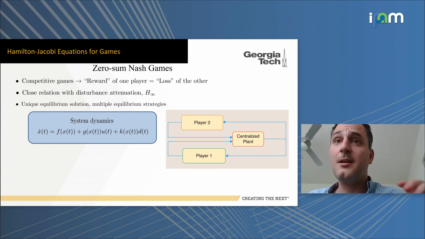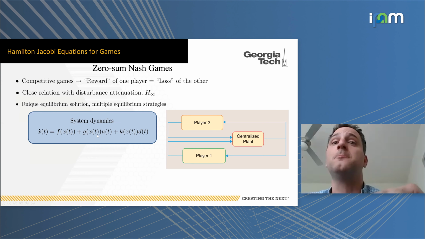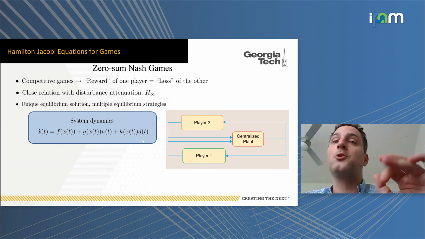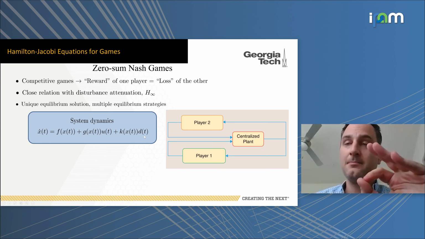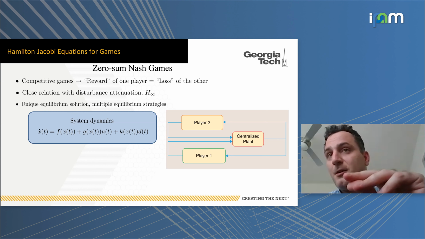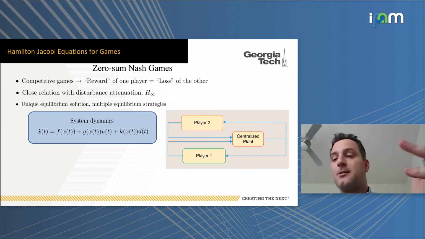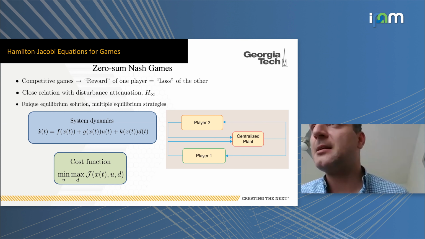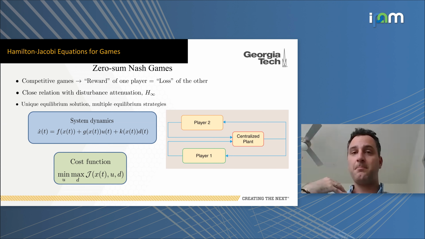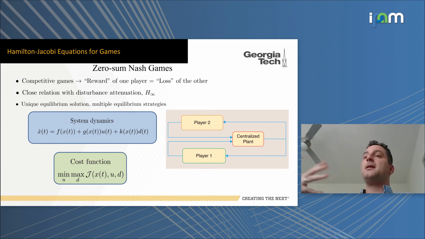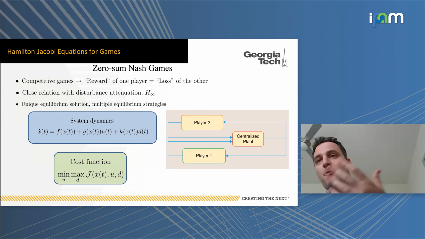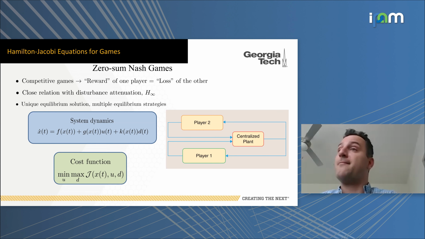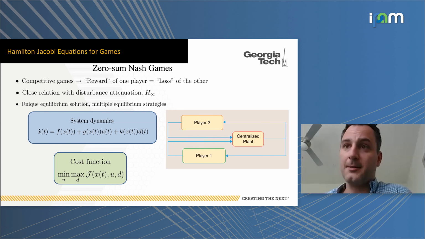Okay, and for this one, we want to design u such that we control our system subject to worst-case disturbances that are given by d. Okay, so again, since this is H-infinity control, the first thing that will come to your mind is that it's a minimax game. Okay, so I want to minimize as a U player. I want to find my u such that I do the min over the max disturbance. Of course, you can think that our cost will be convex in u and concave in d. Okay, that's an easy way to think about it.